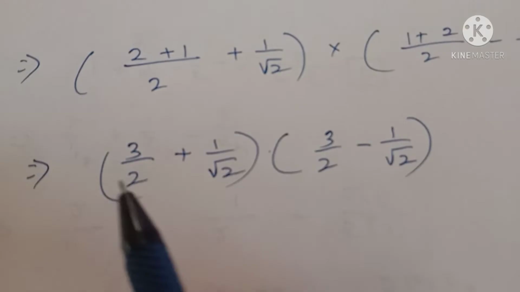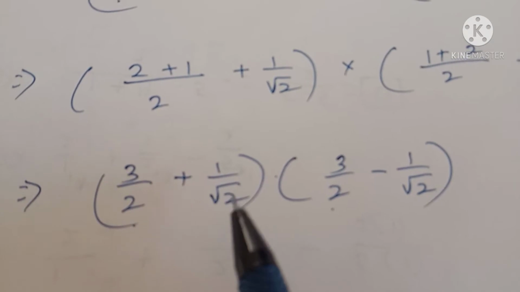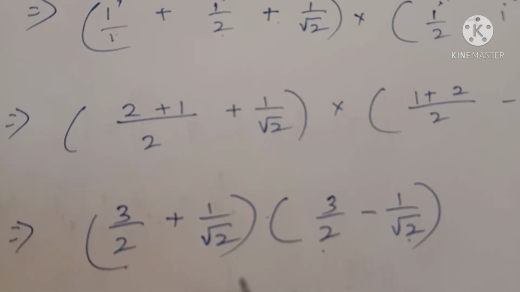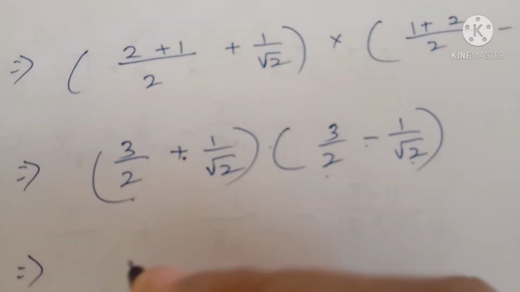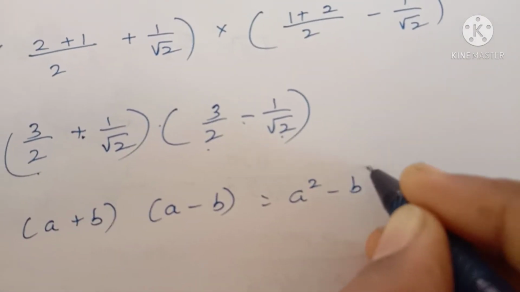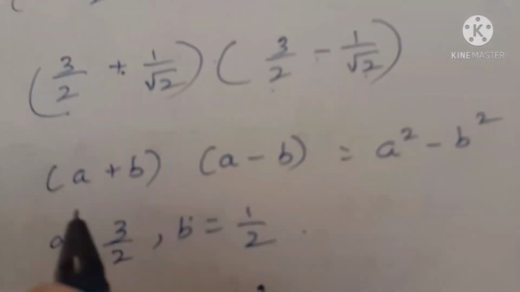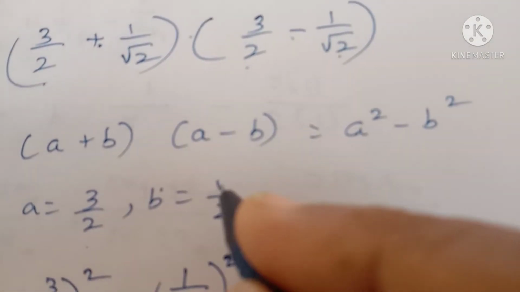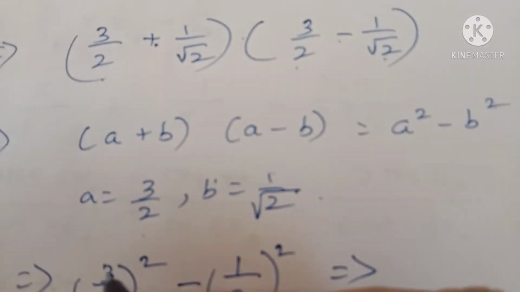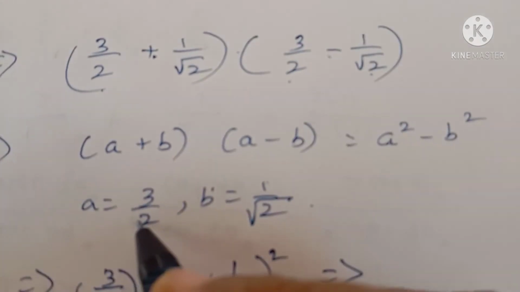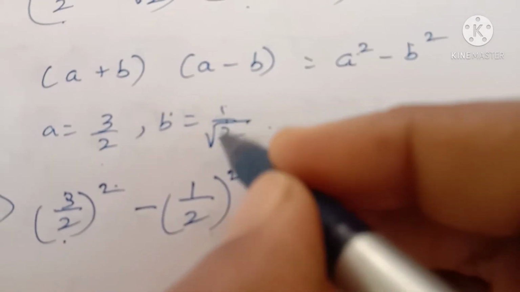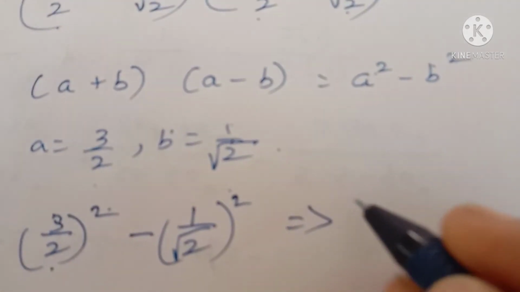If you see this, 3 by 2 is common and 1 by root 2 is also common, and in between there is plus and minus. So the identity is a plus b into a minus b, which is equal to a square minus b square. So a is equal to 3 by 2 and b is equal to 1 by root 2. Substitute the value of a in the place of a square, that is 3 by 2 the whole square, and b value is 1 by root 2 the whole square, which is equal to